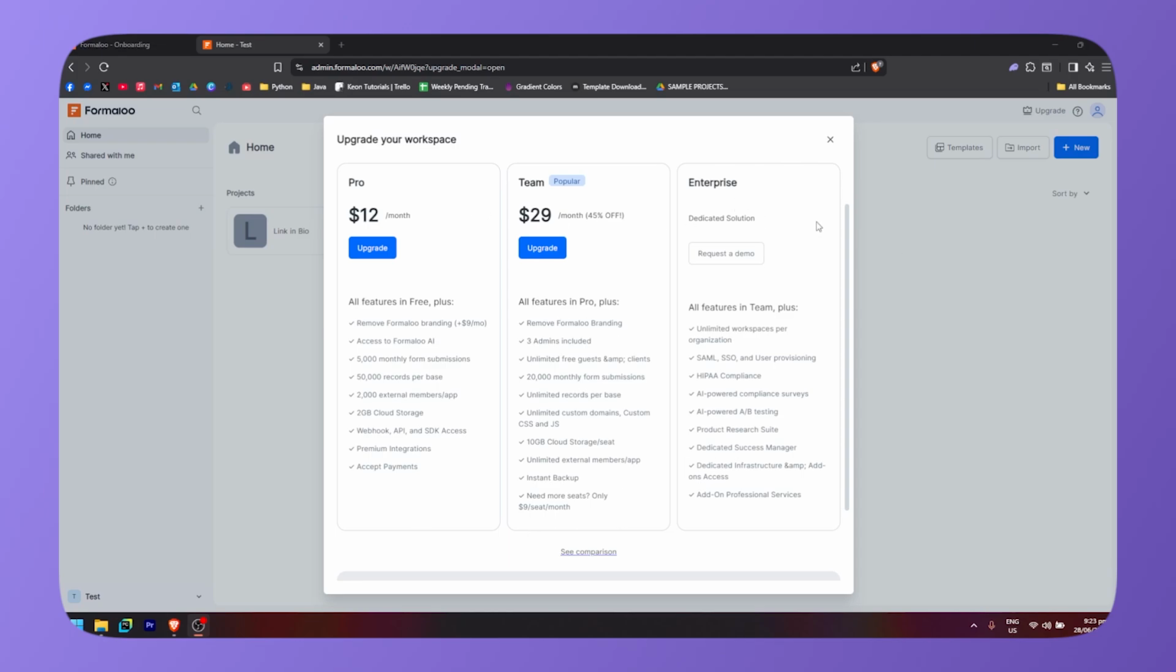And for the enterprise plan, you will need to contact the sales team to get a price for it, but it includes all of the features in team plus unlimited workspaces per organization, SAML, SSO, and user provisioning, HIPAA compliance, AI powered compliance surveys, AI powered A to B testing, product research suite, dedicated success manager, dedicated infrastructure, and add-on professional services. And if you want to see the comparison for every plan, just simply click on see comparison right here,